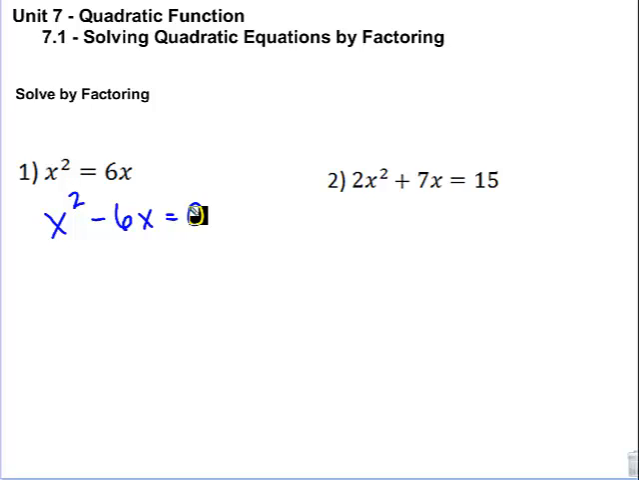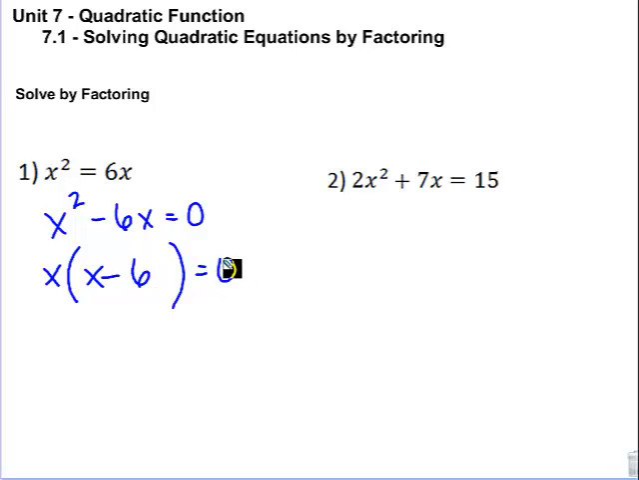Now we need to factor. Whenever we factor, we always look for our greatest common factor first, our GCF. So between the x squared and the 6x, our GCF is x. So that means we will take that x out, and we'll write down what we have remaining. So this is x, and then in parentheses we still have x minus 6, and then this is all still